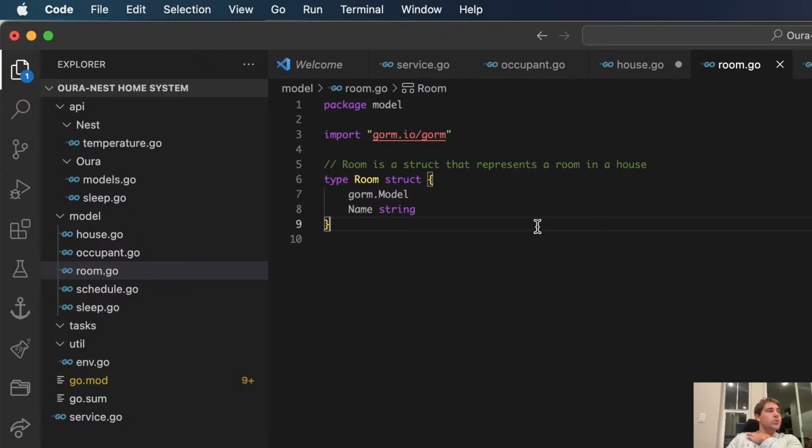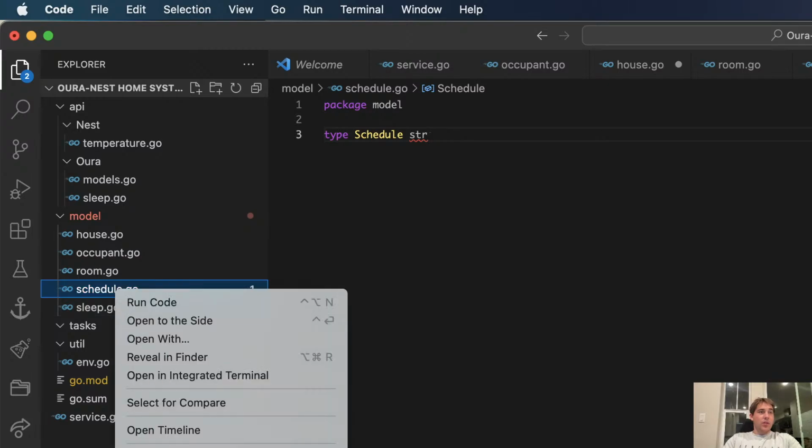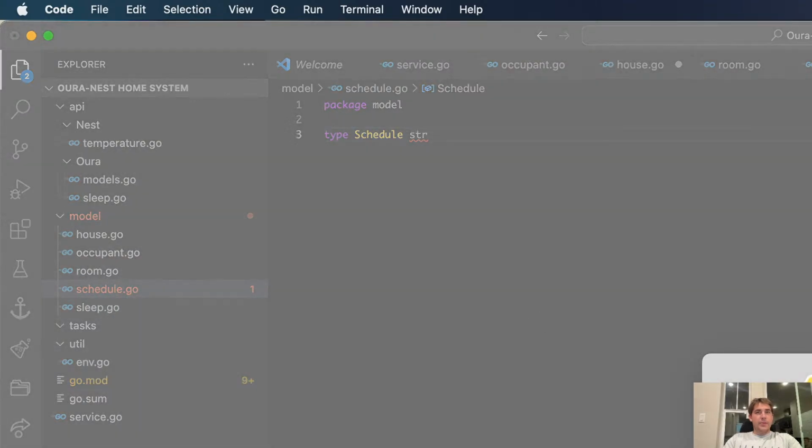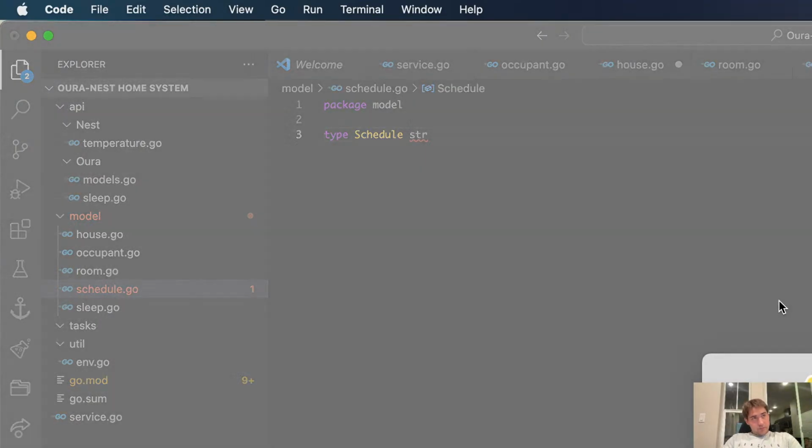Name. It's going to need some sort of temperature sensor, but I'm not sure how the Nest API works for that. So we're going to figure this all out later as well. Rooms will have names for now. Schedule, I'm going to literally put nothing in here for now because this is a much later issue. Actually, I might just ditch this at the moment. I really don't need this. Actually, yeah, I'll add that later if I need it.